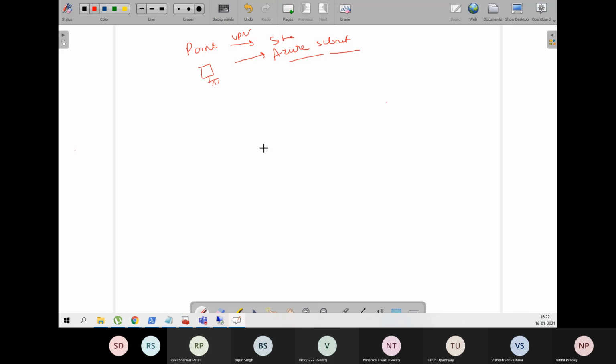So when it comes to connectivity, there are three options. First, point-to-site, that is for users like AnyConnect, Pulse Secure, or GlobalProtect. Over here, it will be the Azure VPN. Second one is